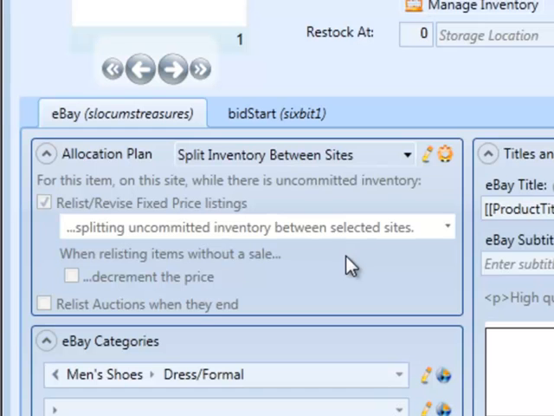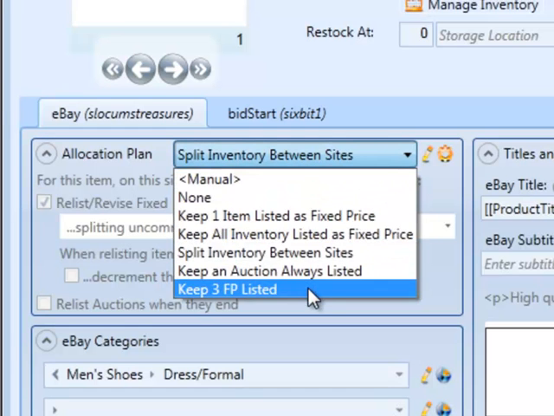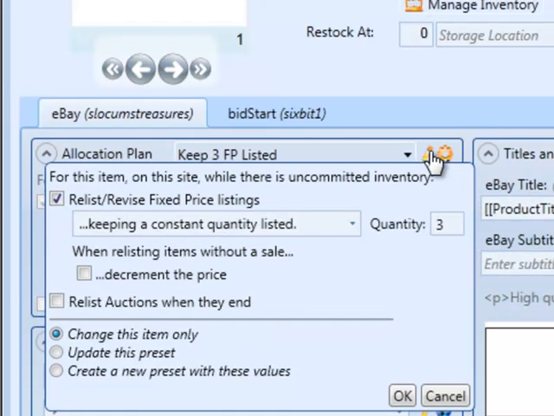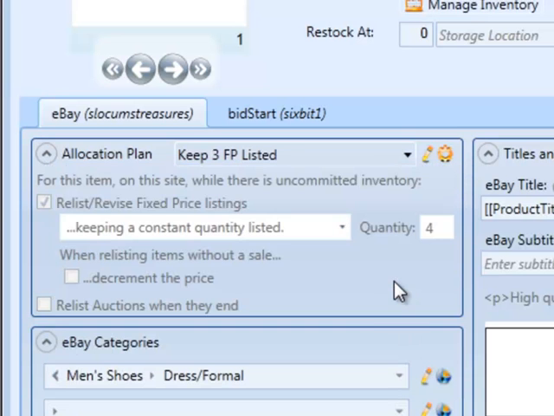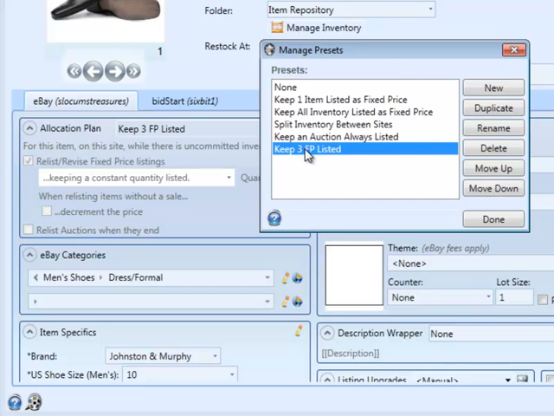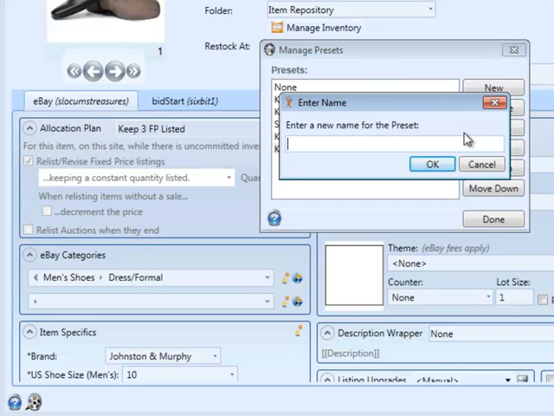The next time we want to list an item with that allocation plan, we'll just choose it from the drop-down. If you want to edit a preset once you've created it, you can do that with the pencil icon. Just make your changes, choose to update the preset, and click OK. Now your preset has changed. Since the quantity is now 4, we probably want to change the name also. We can do that with the Manage Presets button. Just click Rename, enter the new name,